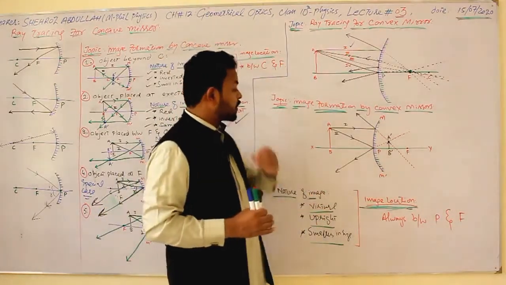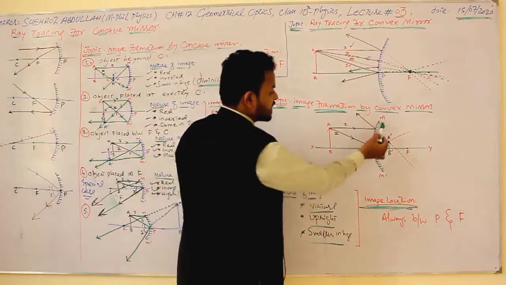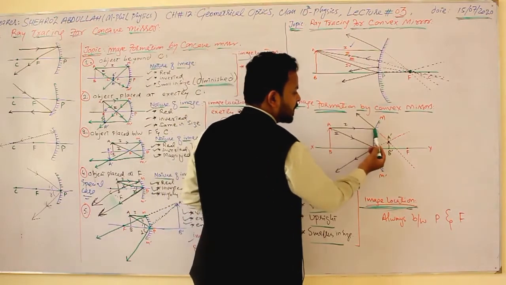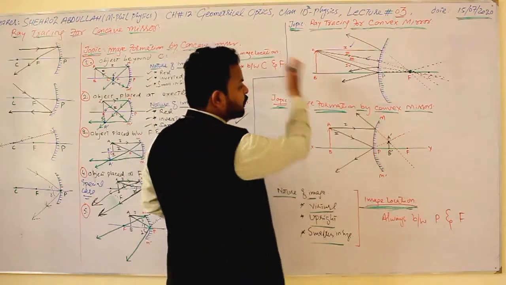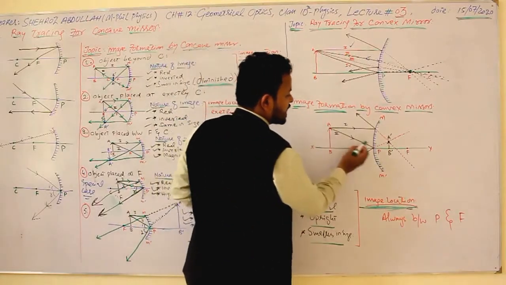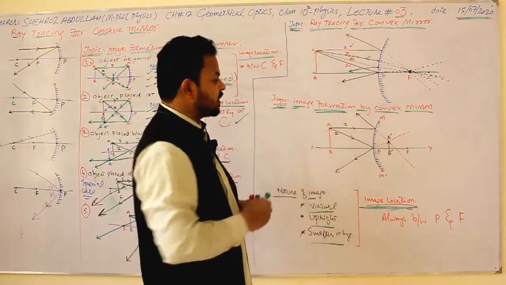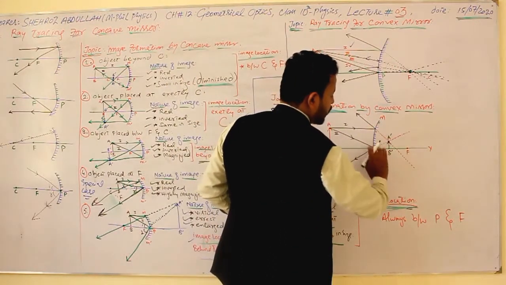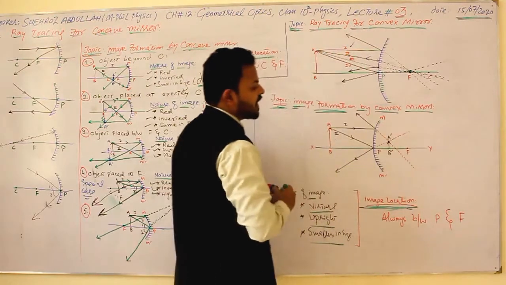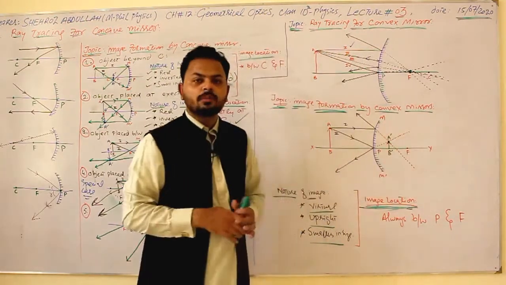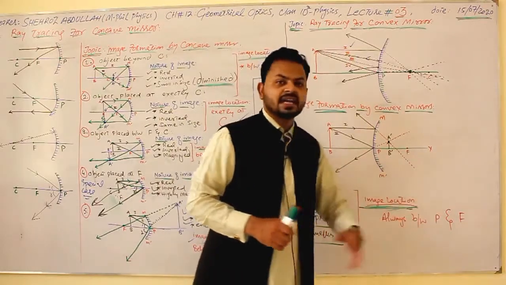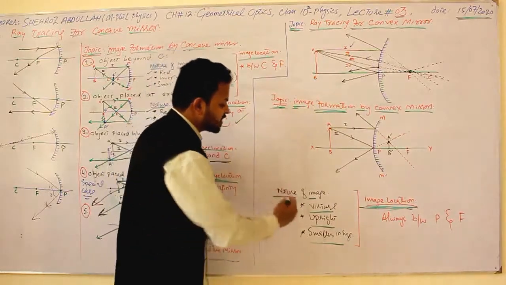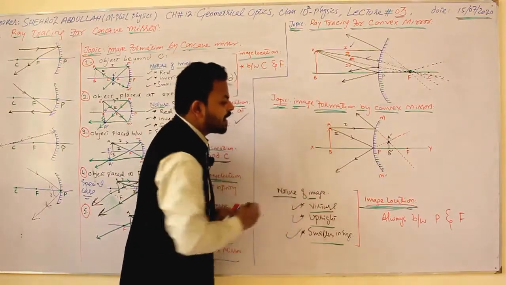We have a convex mirror like this. We have placed an object in the form of AB. The first ray is coming parallel to the principal axis and it is reflected. The second ray strikes the pole and it is reflected back. So we stretch the rays back, this ray as well and this ray as well, and we have found that the image A dash B dash is formed, and this image is between P and F. Do remember this thing, the image nature will be virtual, upright and smaller in size.